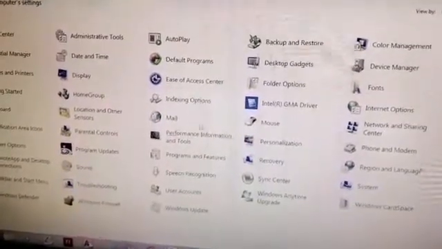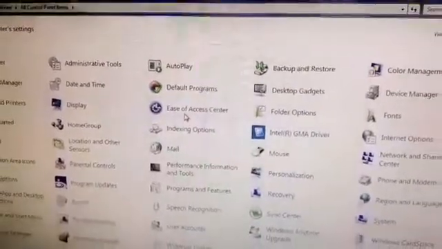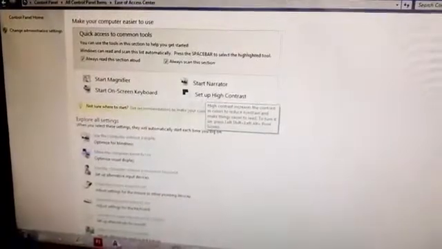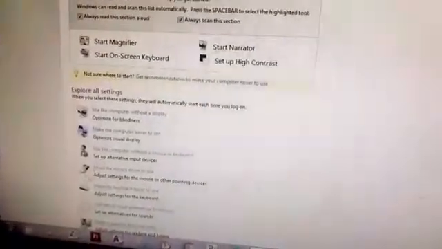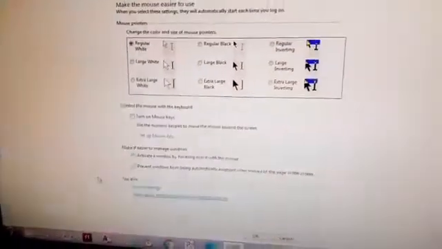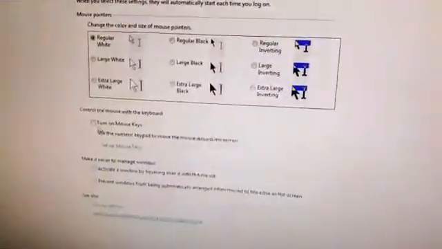Click on the Ease of Access Center option category from the control panel. This is the control panel, children. Then select the make the mouse easier option. You can see the picture of mouse here. Select this. Okay. Now after doing that, you will find turn on mouse keys option.